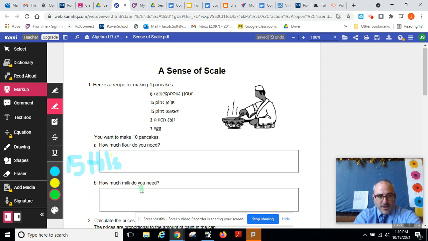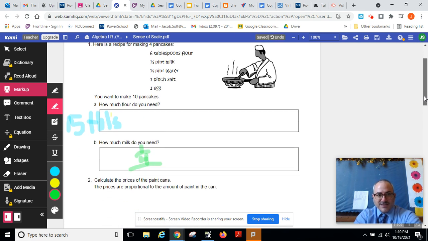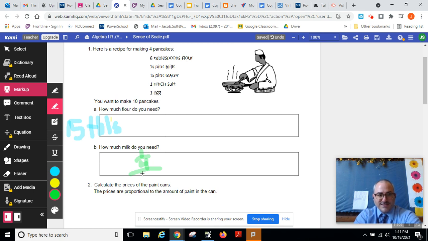I got 1/4 over here. I got to write tiny. 1/4 over here for 4 pancakes. For 4 pancakes is going to be, this is my proportion, 1/4 a pint of milk for 4 pancakes equal to, we got to set up a new proportion. We want to do 10 pancakes now. All right, 10. And then again, this is the number we don't know, so we'll give it a variable, call it x. And now you're going to cross multiply,